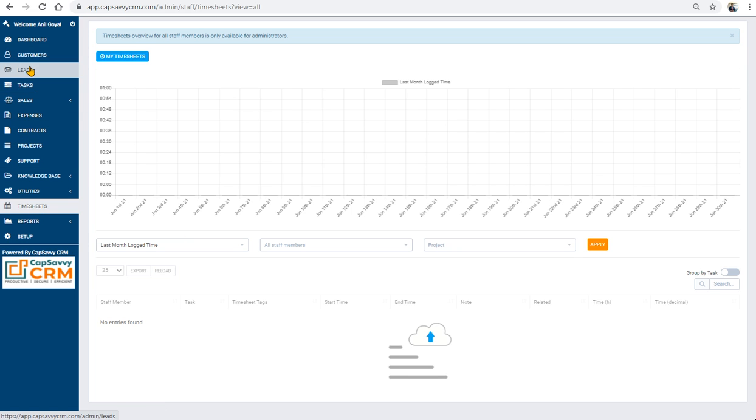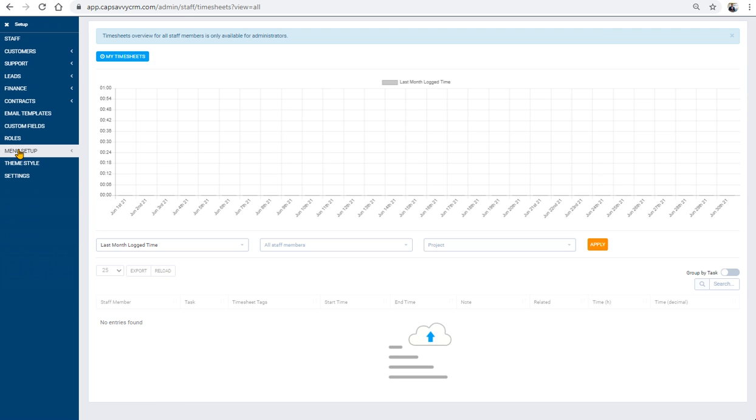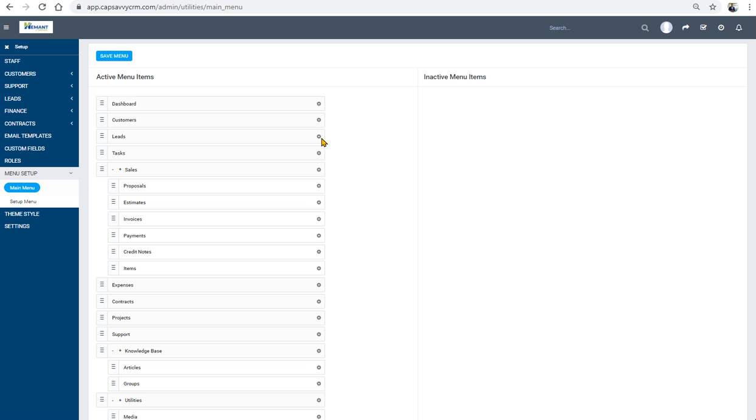Now we'll see, suppose you want to change the leads name. The same process: go to setup, go to main menu, go to leads and change the name. Leads, go to setting. It takes a little time.